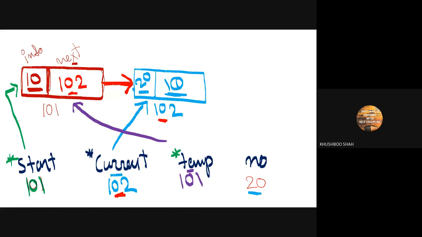Got it? So if you notice, start is the pointer which contains the address of the first node. The start points to my first node, which points to my second node. So these two nodes are linked with each other, right?